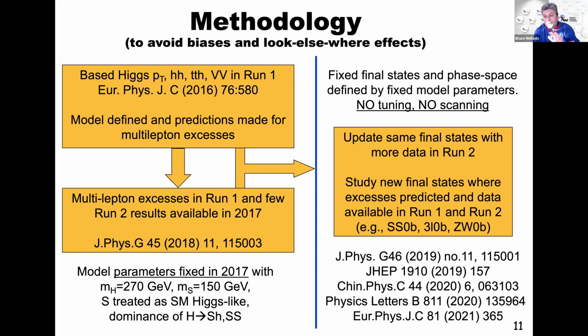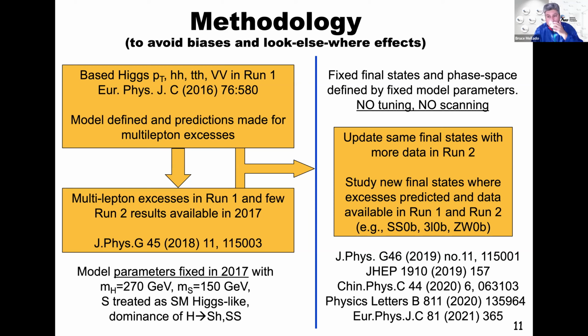So we published another paper and said, okay, we've seen these multi-lepton anomalies, these excesses, which at the time were not very strong, but already serious enough. And we said we don't want to do any more tuning or any changes to the model or the parameters of the model. We're going to fix everything, and now look into more data or final states predicted with the same parameters, because you don't want to fall into the trap of changing parameters, creating biases and getting false positives. So back in 2017, almost 5 years ago, we decided, wrong or right,